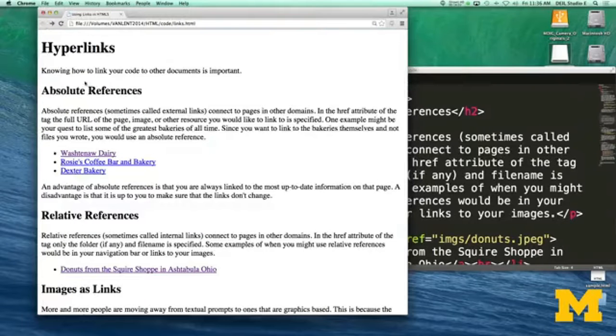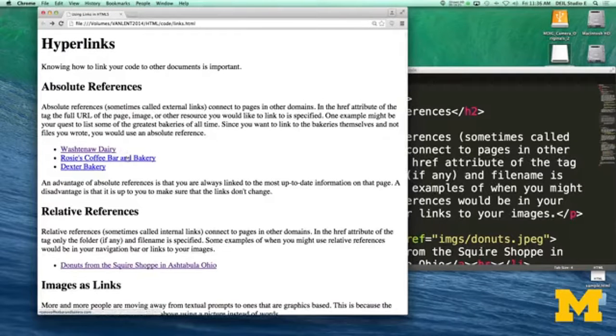Head back. One of the tricks I want to point out as I'm doing this is as I hover over each one of these links, if you look at the very, very bottom of my browser, and I can't really show it at the same time, as you highlight it, it shows you which URL you are going to. And I think this is very valuable for people to know, because if you're ever hovering over a link and the information you see at the bottom of the page doesn't match what you expect, I wouldn't click on it.